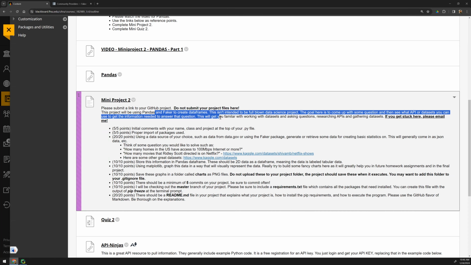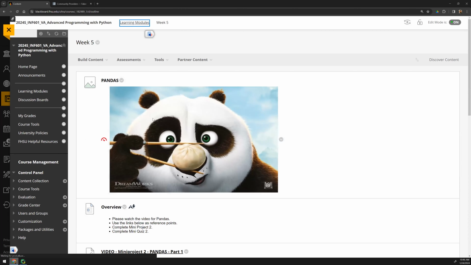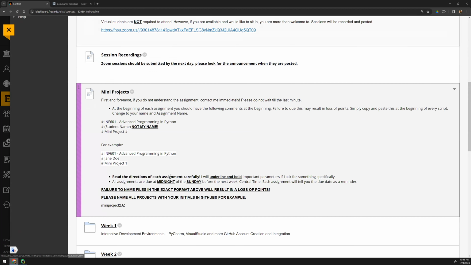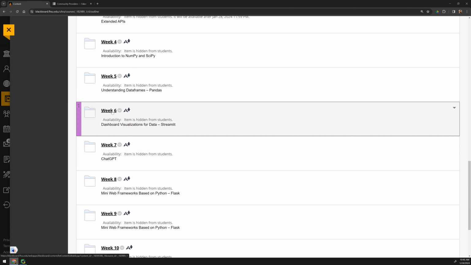And the idea is that it doesn't matter because you're going to have to generate that data with Faker, put it into the right format in order to consume that versus just picking one of these data sets. But some students like to go through that process so they can figure out how to use Faker in the future. Again, the way this class is structured is once we get to week 6, we're going to start actually